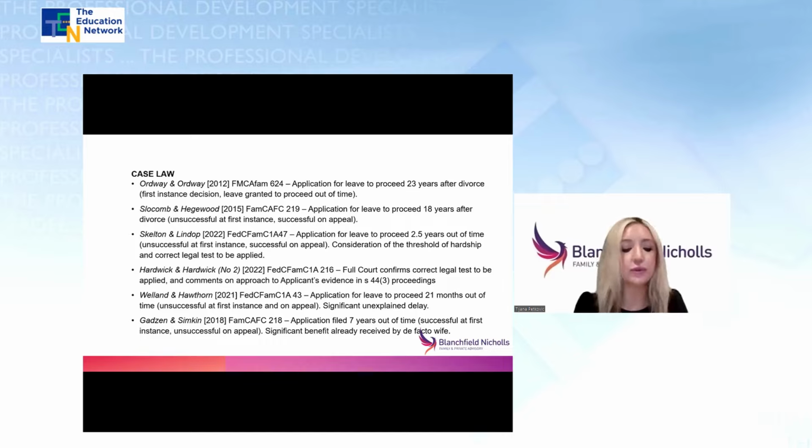nowhere in the reasons can it be seen that the trial judge undertook that consideration. After those references to authority, the trial judge immediately moved to discuss the discretionary considerations of delay and prejudice to the husband. So the trial judge did not really address the question of hardship at all and moved immediately to the factors that go to the exercise of the discretion.